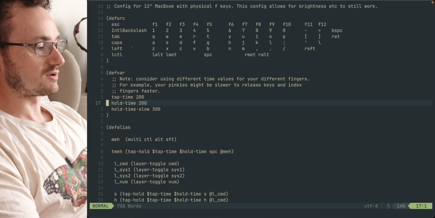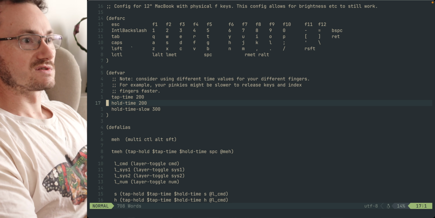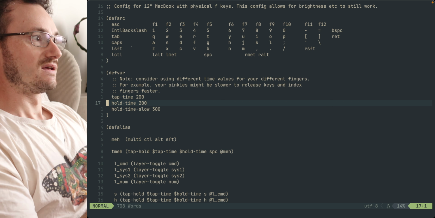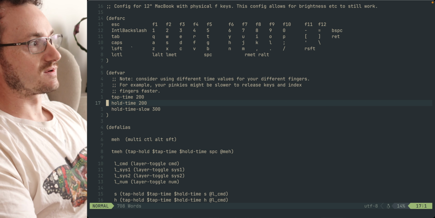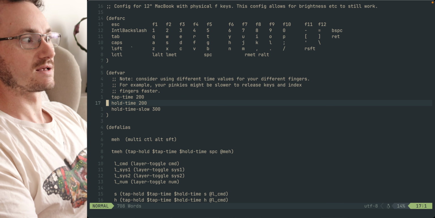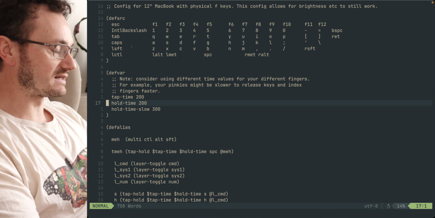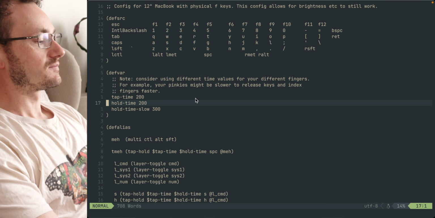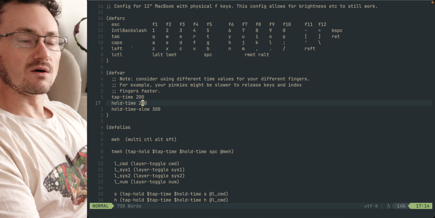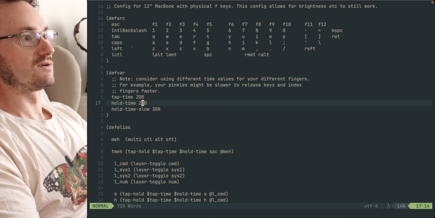So when you're setting up tap holds, the idea is you don't want those to be triggered through normal typing. And with normal typing, you roll from key to key, so there is an overlap. In theory, the potential for triggering the held version of the key while you're normally typing is there, but you want to make sure that doesn't happen. So you have a fairly long timeout, 200 milliseconds here. That makes sure that all your rolling is done within that timeout,